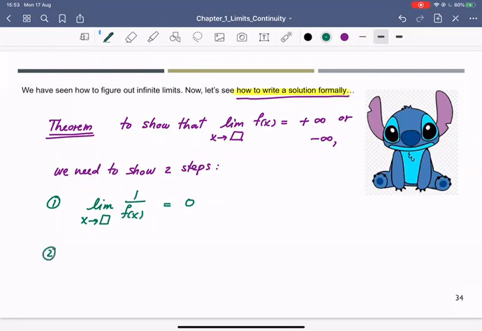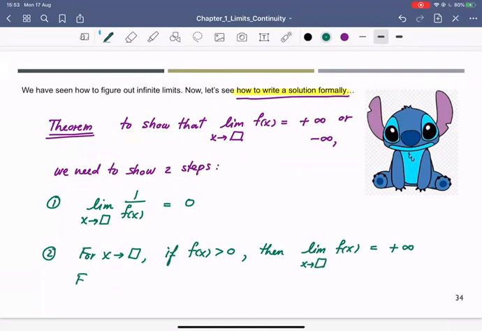And then second, you need to show that for x going to that number, if f(x) is greater than 0, if it is positive, then the limit of f(x) is going to be plus infinity. This is how you conclude. And then for x going to that number, if your f(x) is negative, then your limit is going to be